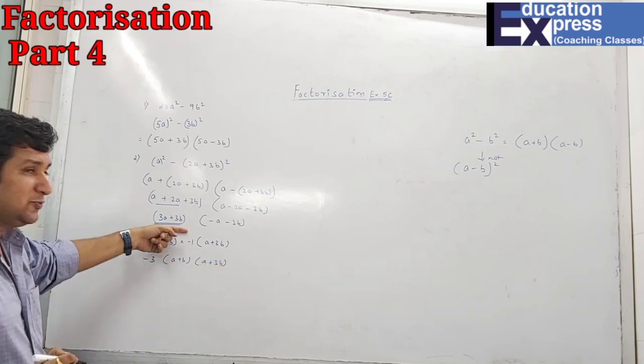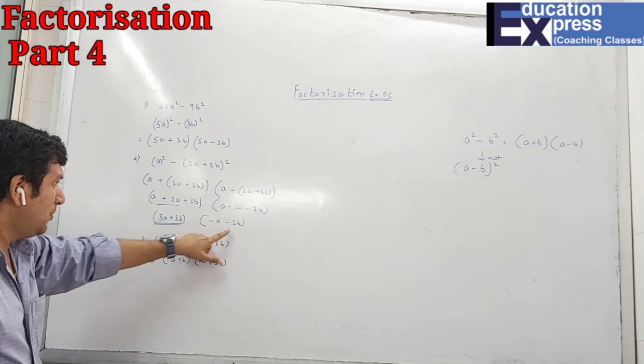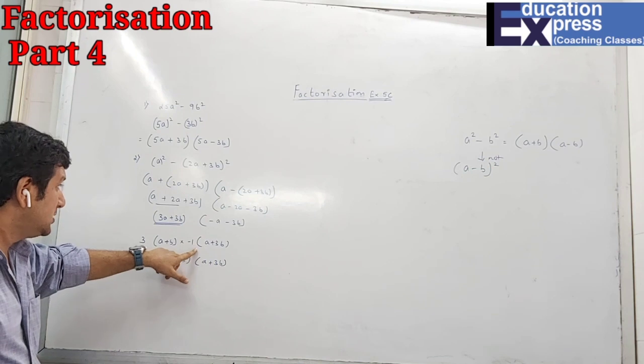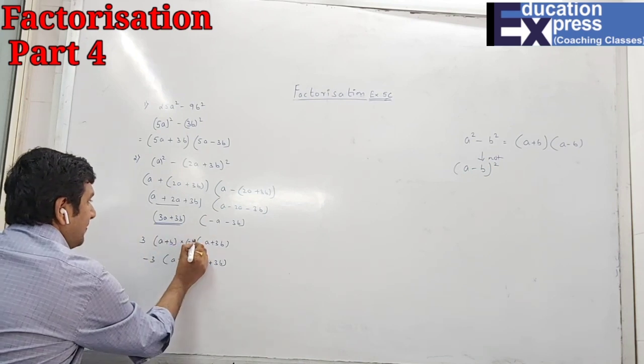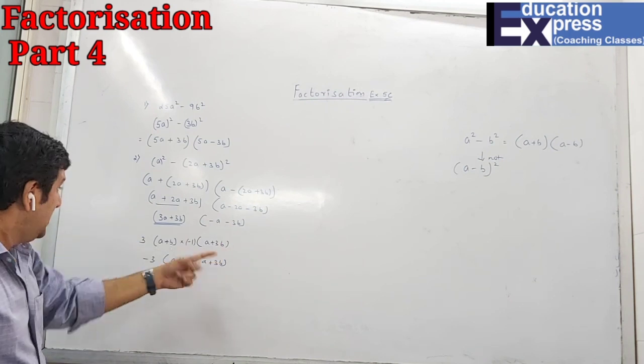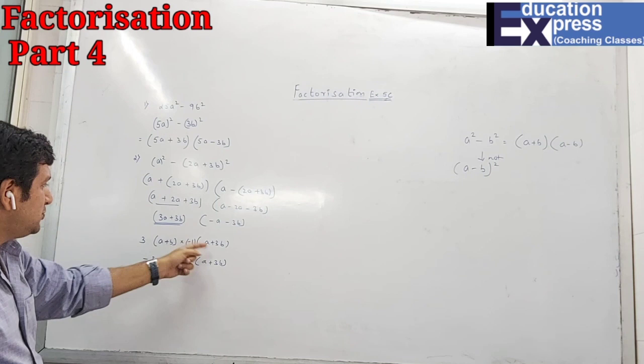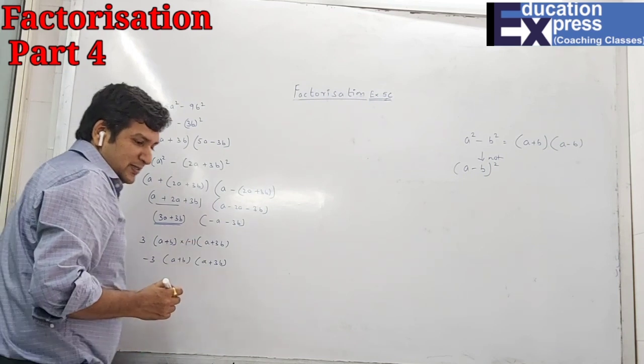So this step is very important. Here first I have taken 3 as common. Here nothing was common, so minus 1. Why minus 1? Because obviously I have to make this positive. And then 3 into minus, this is always multiplication only, 3 into minus is minus 3, a plus b and a plus 3b. So first, second done.